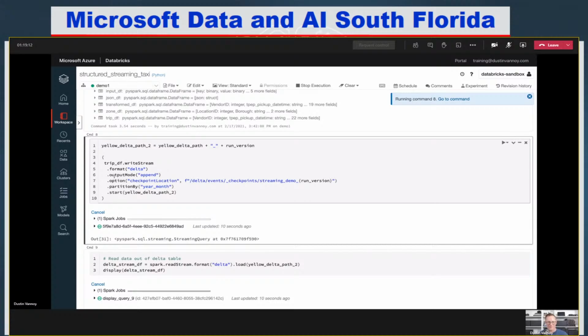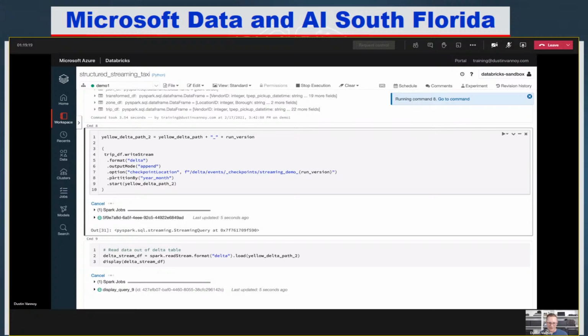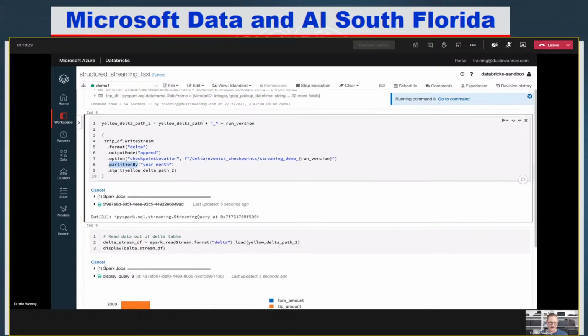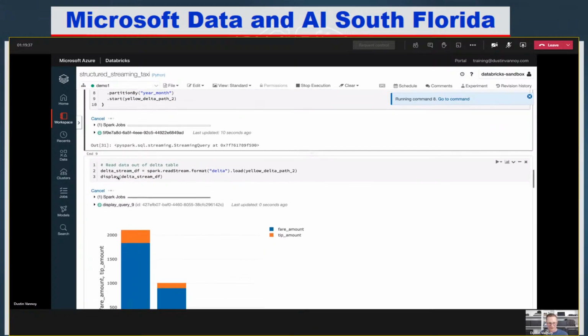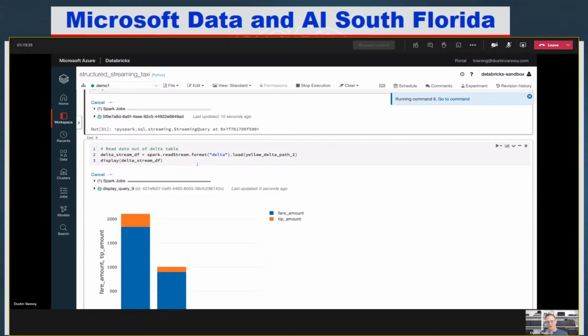So we've got our append mode selected. That's the one that I said we'll probably use most of the time. I have a checkpoint like I told you need to do. I've added a partition by so that as this goes on and on for months, it will save each set of data in its own month folder. And then I call start. In this case, since I'm saving to a file, I pass in my file path to my start command. And now we're back to where we started, where I've written this all to Delta Lake.